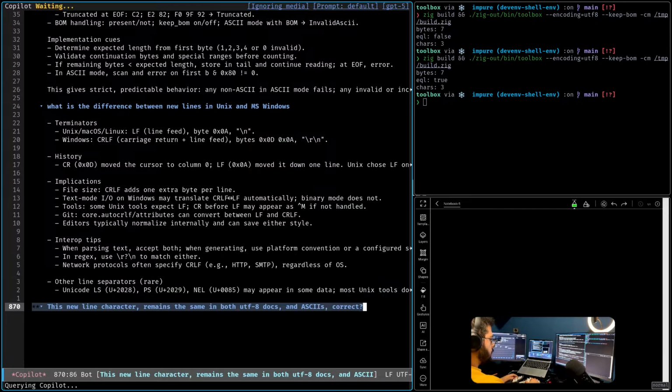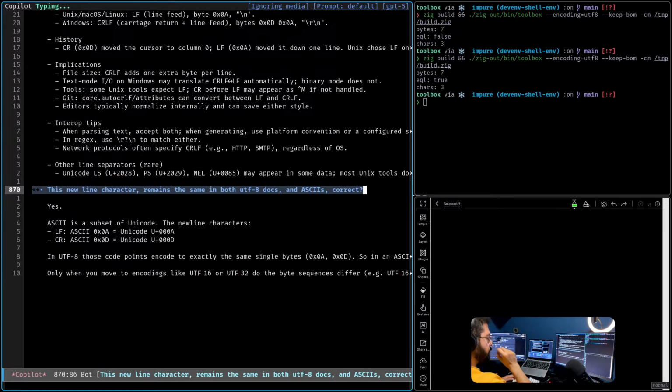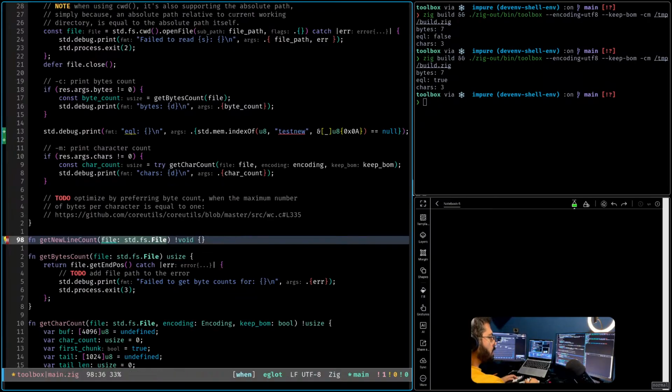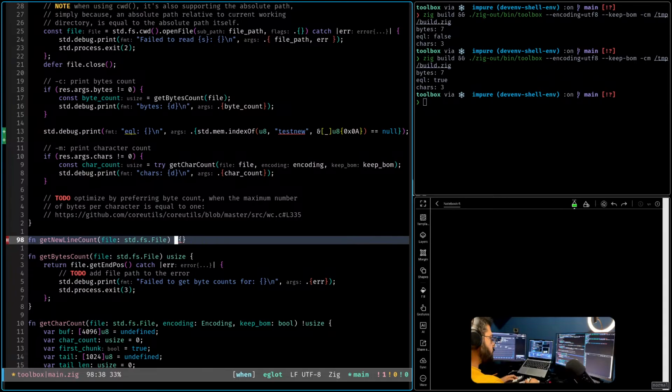Correct? Yes, ASCII subset. Yeah, this is similar. So in this case, I can do